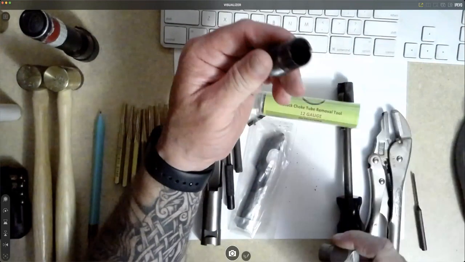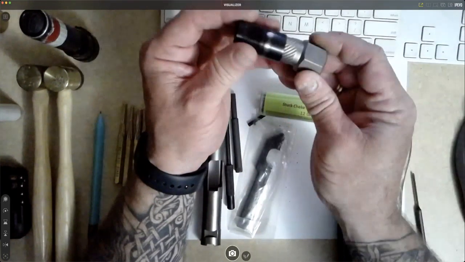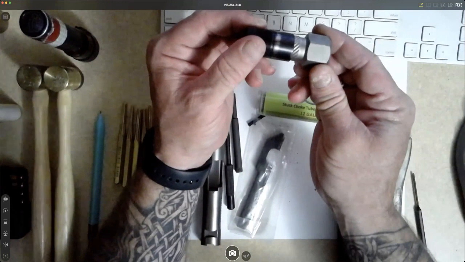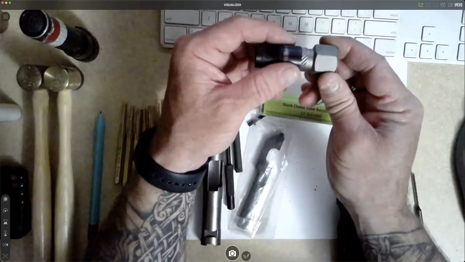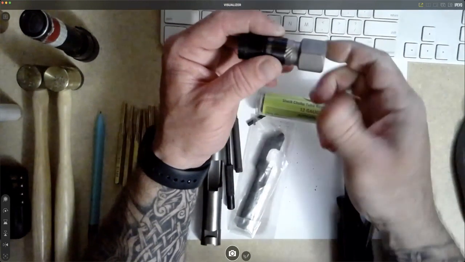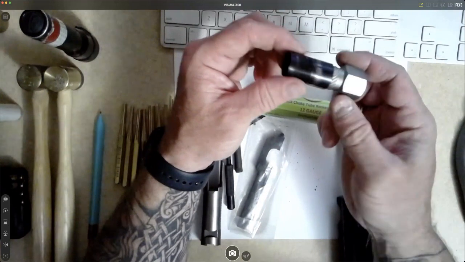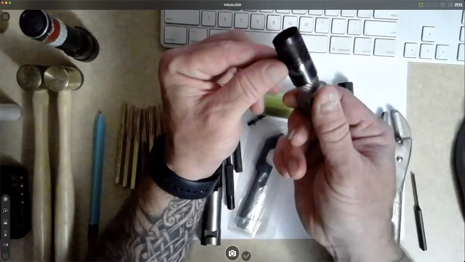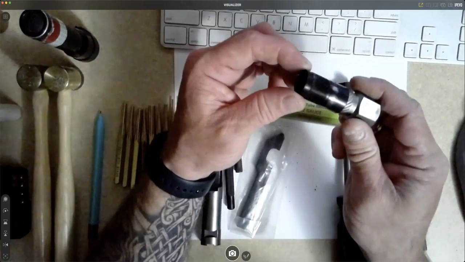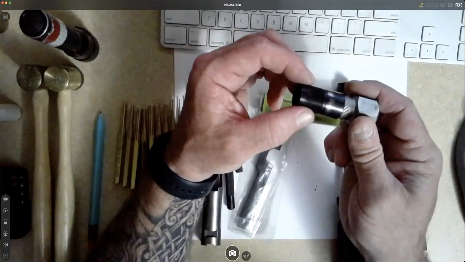Well, once you do that, the only way to get it out is with this. You drive that in just like a screw extractor. Drive it in and then get a big old honking torsion bar and wrench and get it out. Now, you notice the threads on this are super fine. Before I ever put a choke tube back in, I always put Frog Lube on it